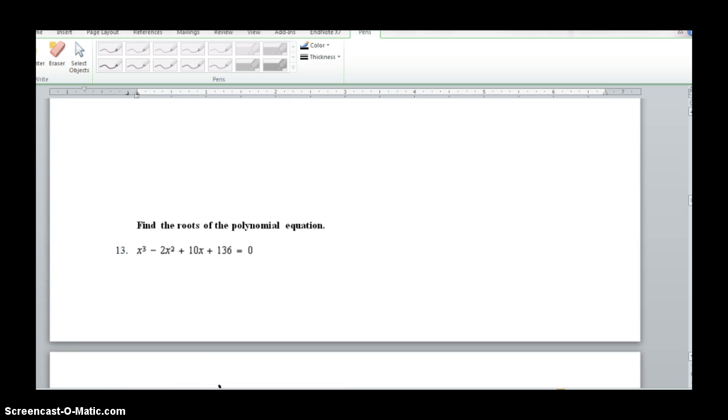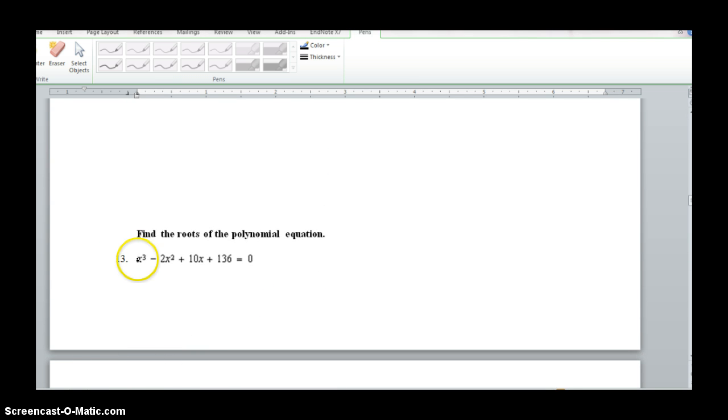Let's move on to 13. Find the roots of the polynomial equation. Well, here's a fun and dandy one. Thank you very much. See if this will move it. Of course not. So let's think about this. Is this something we can factor right away? Well, we could probably corral these puppies, but there's nothing that we're not going to